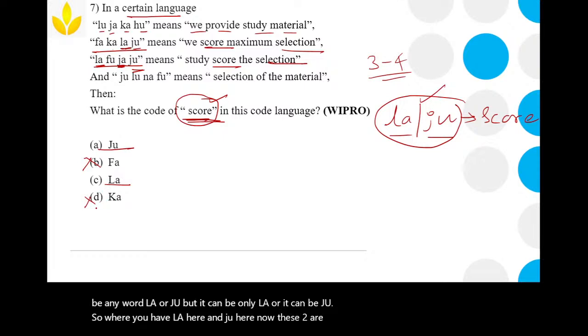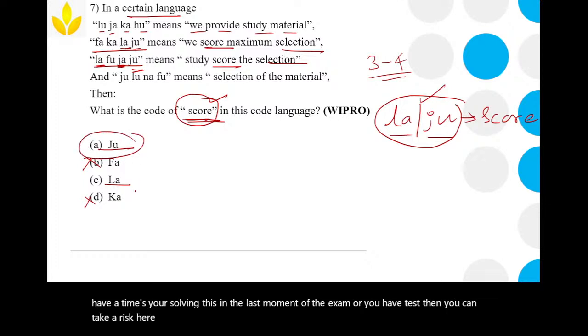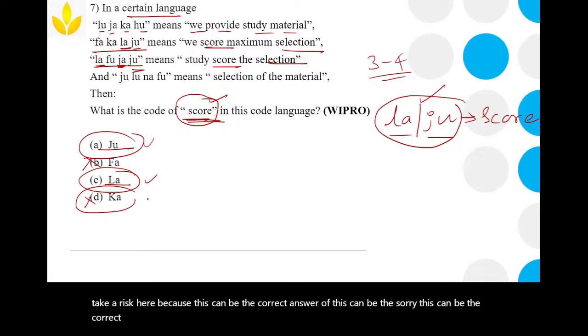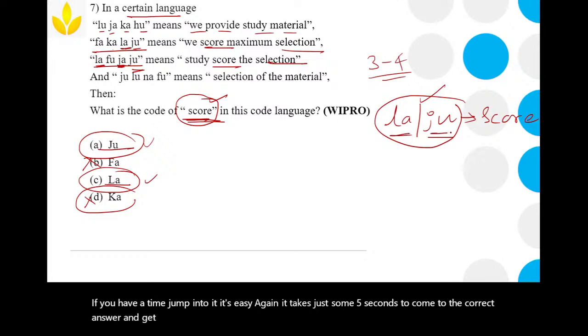For example, if you don't have time and you are solving this in the last moment of the exam or your test, then you can take a risk here, because this can be the correct answer or this can be the correct answer. Mark any one of them and go. If you have time, jump into it. It's easy. It takes just some 5 seconds to come to the correct answer. Now since LA and JU can be the answer,